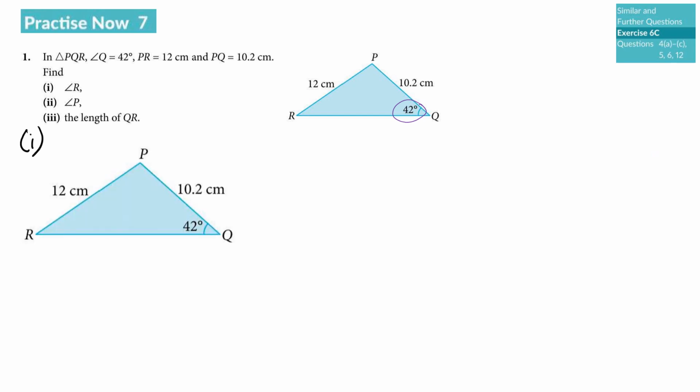So angle R, I want to erase this. Okay, so angle R is an angle that's opposite 10.2, and your 42 degrees, which is your angle Q, is opposite the side PR. Okay, right. So if you were to recall, the formula is sine A over A equals sine B over B. So you just replace your angle A with R, sine R over R, and then your angle B with the letter Q,